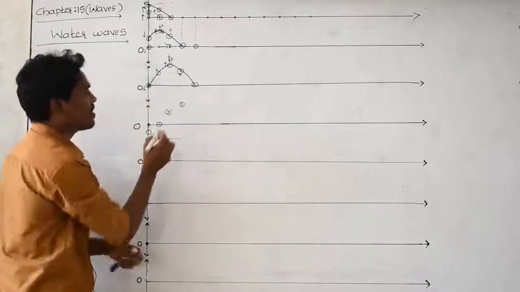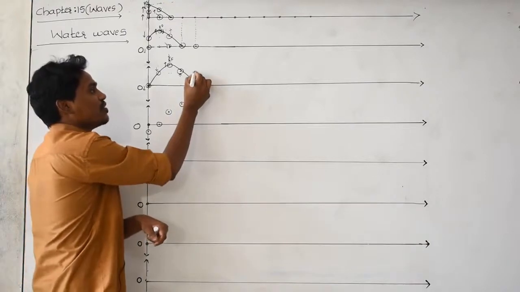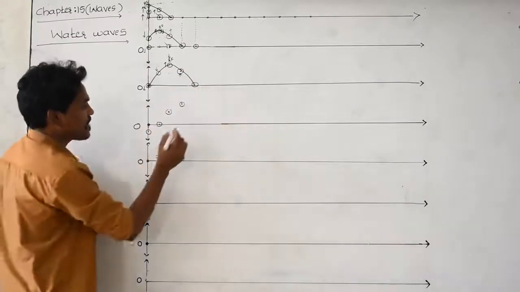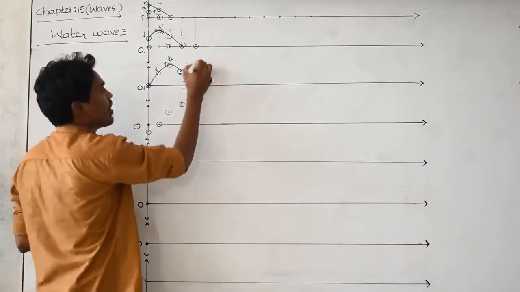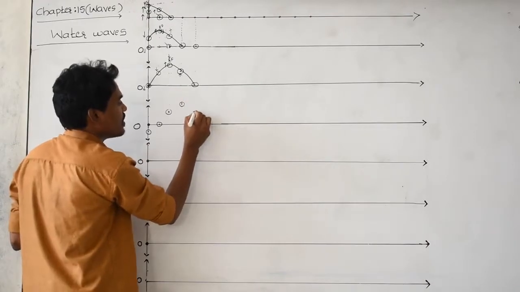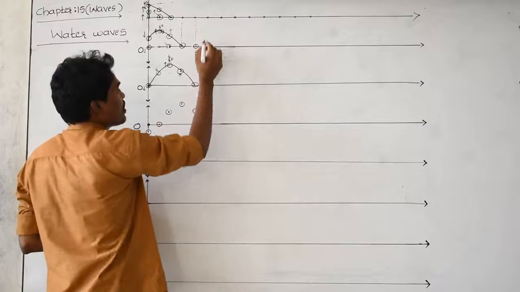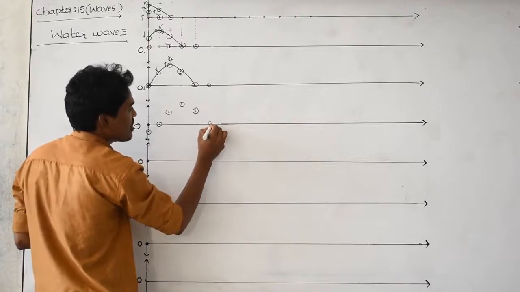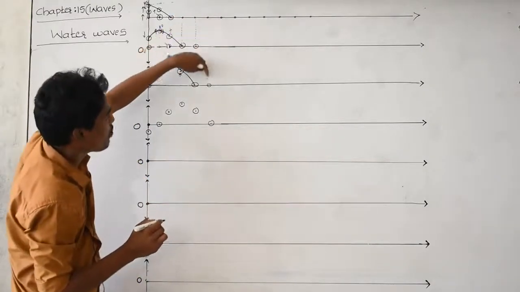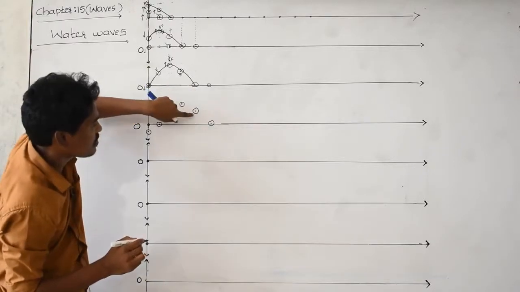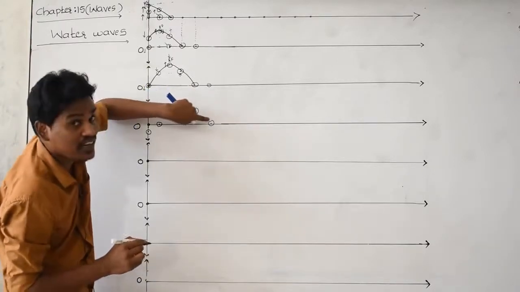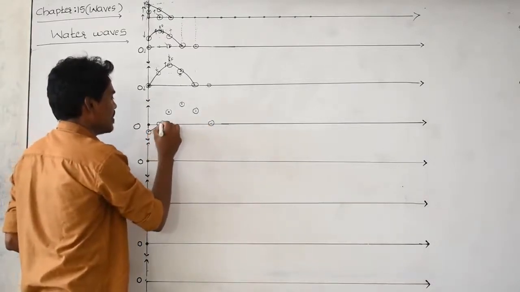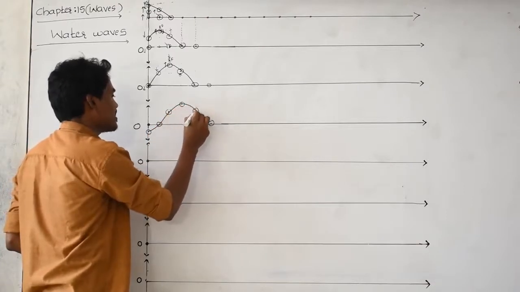And what about this particle? This particle just rises up to this point because the disturbance from the fourth particle has reached the fifth particle. That's why from this point to this point it is moving. And what about the next particle? The next particle is not moving. What is the reason? The disturbance given by the previous particle has not reached this particle. Therefore, it is at rest. See, what is the nature of the curve? The nature of the curve you are getting is exactly like this.